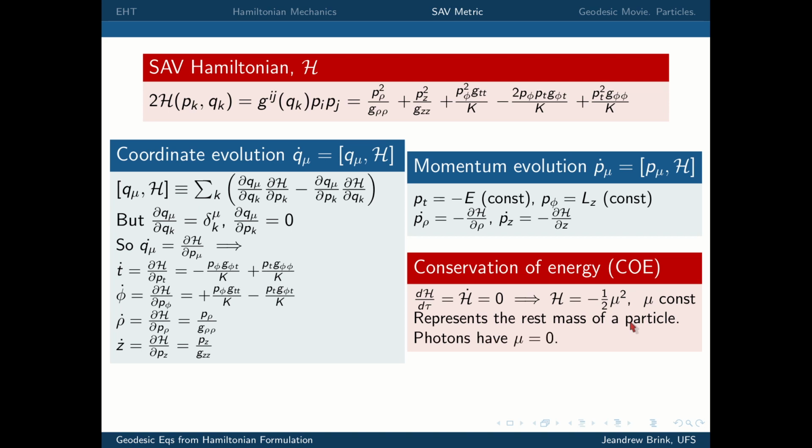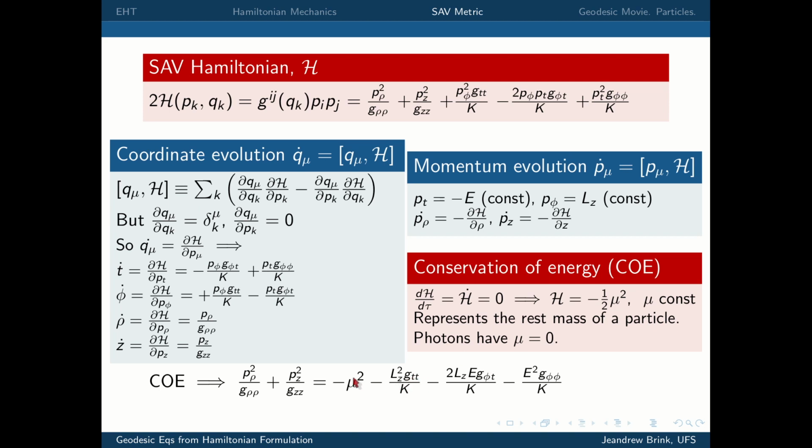In the very special case where mu is equal to 0, we in fact have photon motion, and we will explore the features of these trajectories in greater detail later on. Okay, so basically what the conservation of energy does is, in addition to the 4 equations that describe the evolution of rho, z, p rho, and pz, we know that p rho and pz always evolve in a fashion that this thing is equal to a function of only